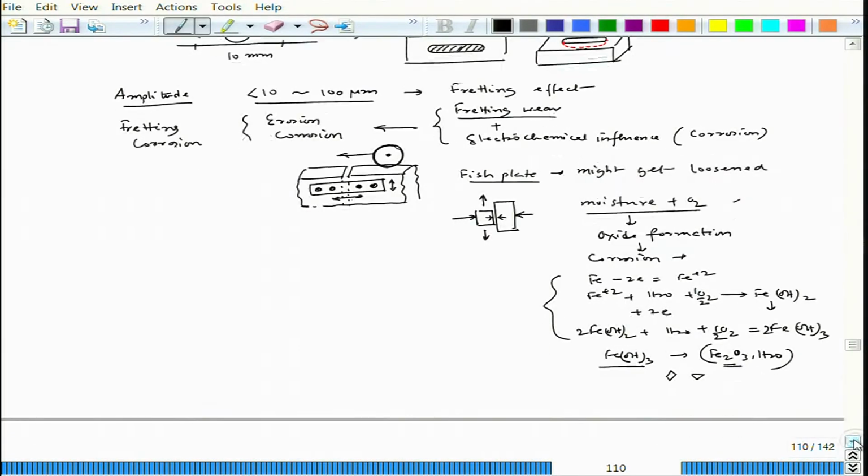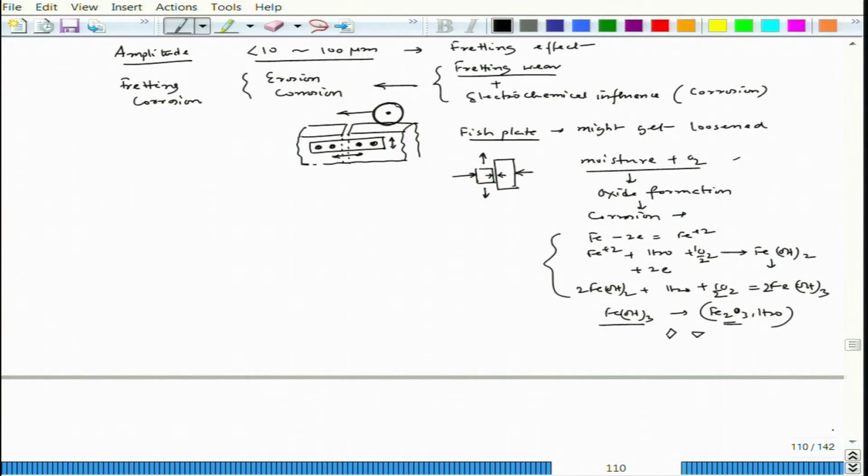Now, this is one other mode of wear, erosion corrosion. We will talk later in a little greater detail, because there are two theories of how fretting action happens. So, this is about fretting. You could see that it is fretting corrosion, because corrosion and fretting both are there. Now, there is one more mode.